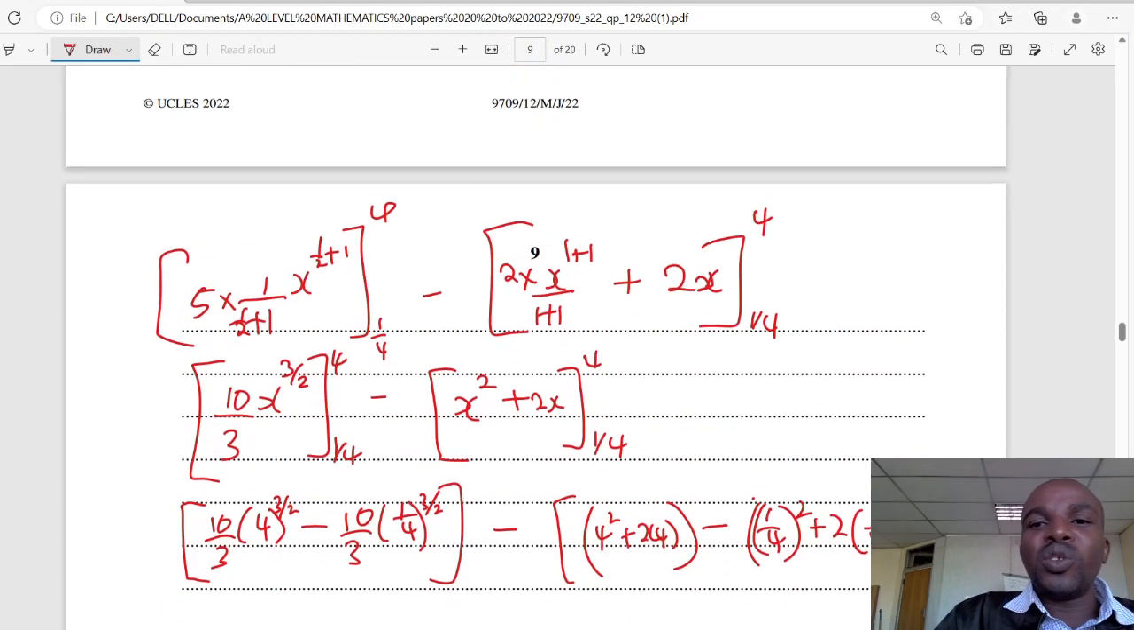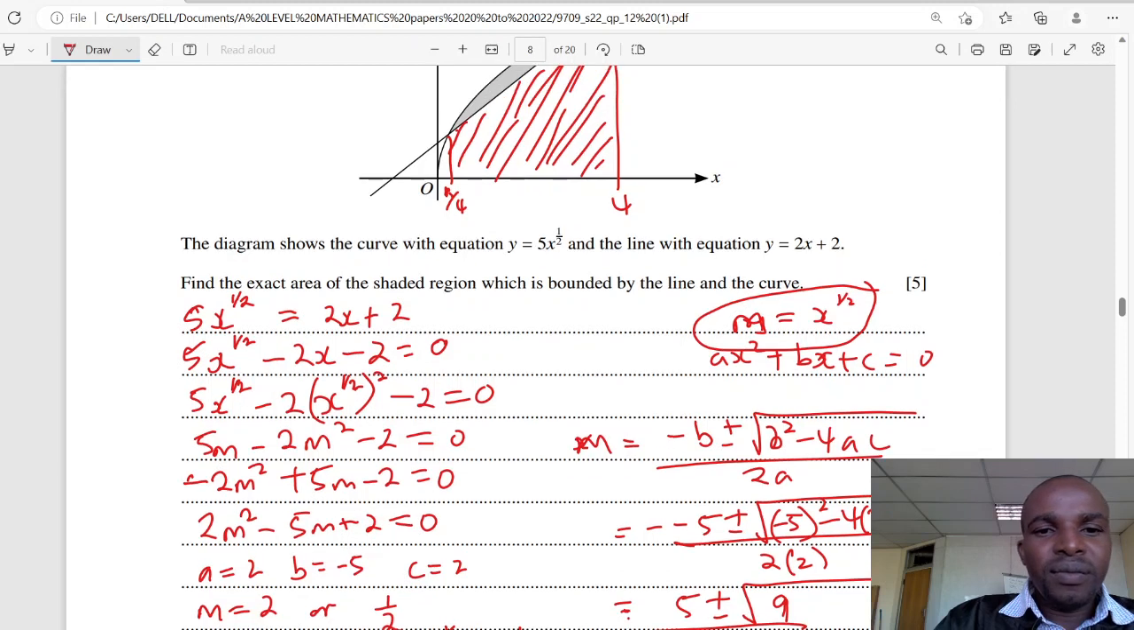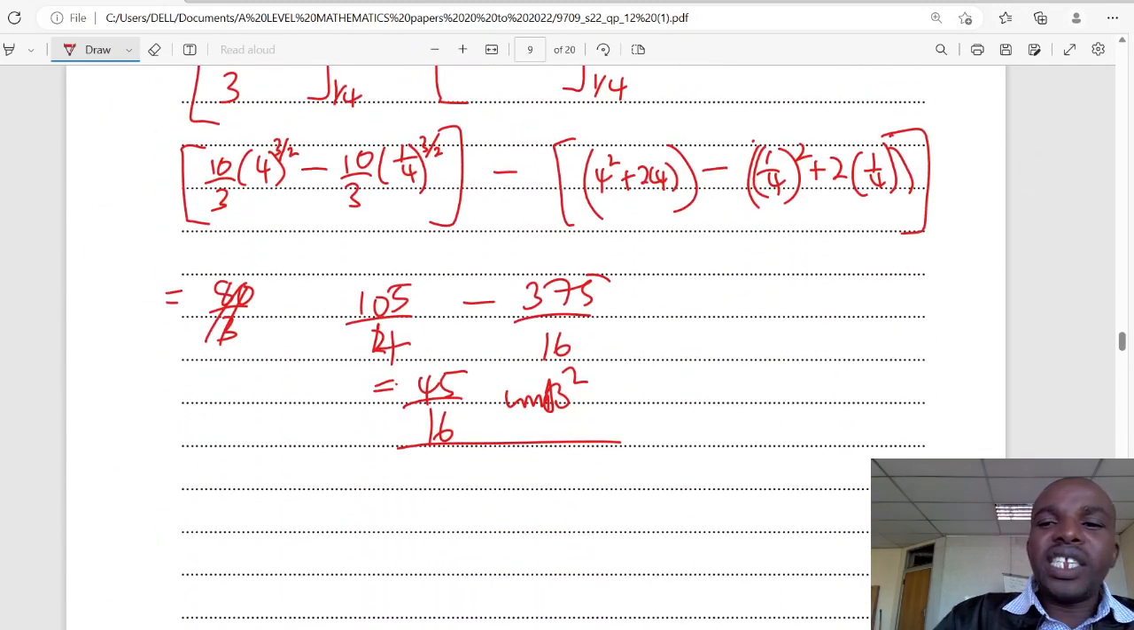These are square units. So that's the area. Did they say the exact area? So that's it. Then next,